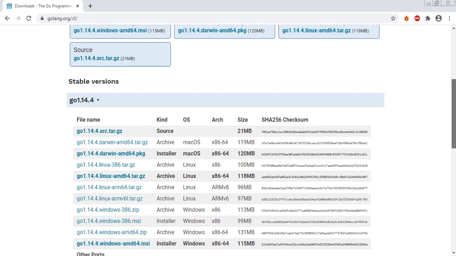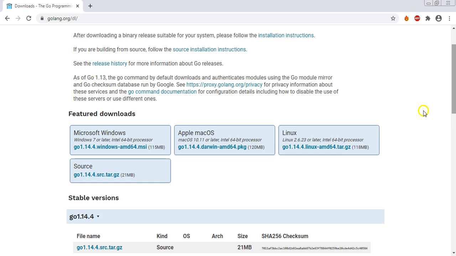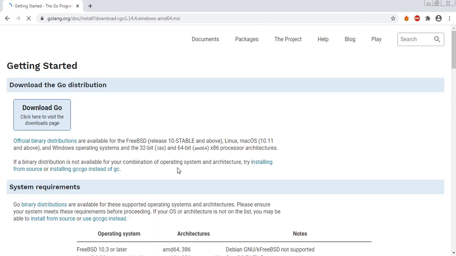Okay, since I'm using Windows and 64-bit here, I'm just choosing the Windows installer here. It's available for Macintosh, Linux, and the source is also available. The source is needed when you have to do some kind of research in that particular language. Okay, so I'm just clicking this one so that it installs the Microsoft package for this particular language.